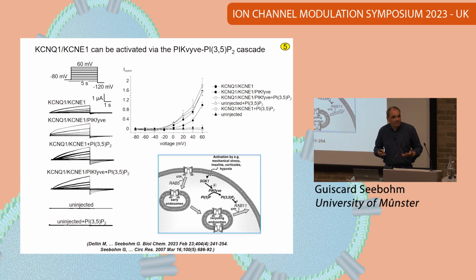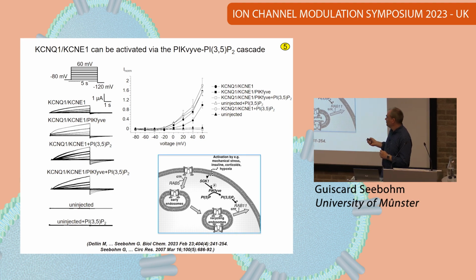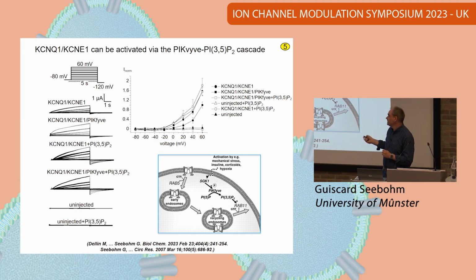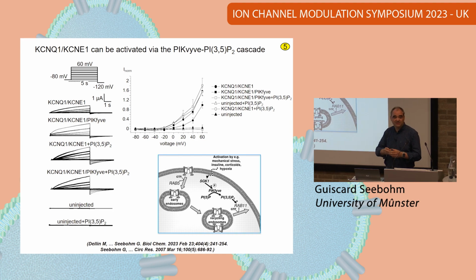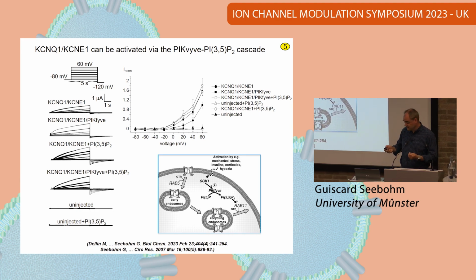So, but what about the other PIP2? You know, this trafficking modulator PIP2. I'm working since several years on that, and what we figured out is that there's a kinase cascade: serum and glucocorticoid kinase phosphorylates and activates this PIKfyve kinase, which in turn generates this PI(3,5)P2 in intracellular vesicles, which then triggers exocytosis of endosomes containing the channels. Via this mechanism, the density of the channels at the plasma membrane is increased, and that's how we generate more current. So it's a different mechanism.